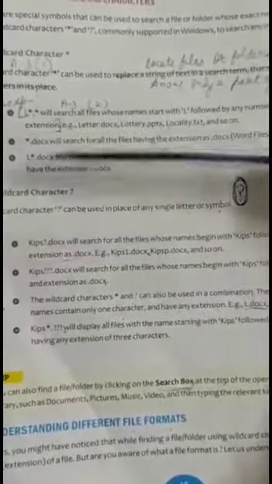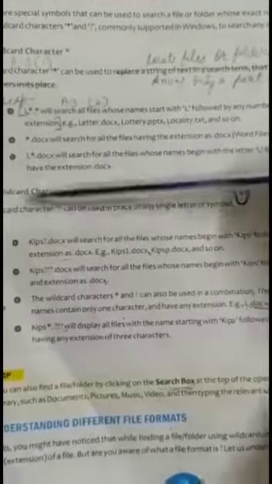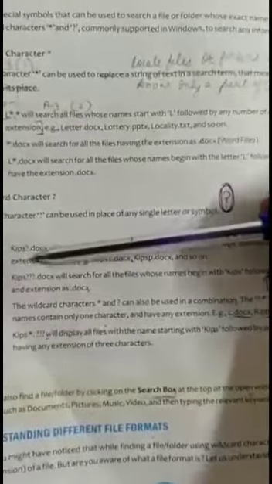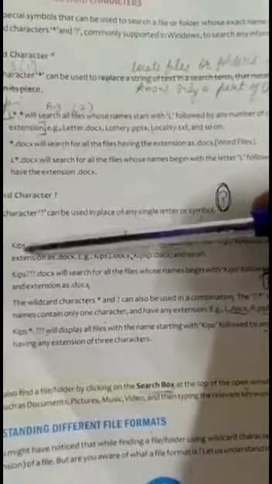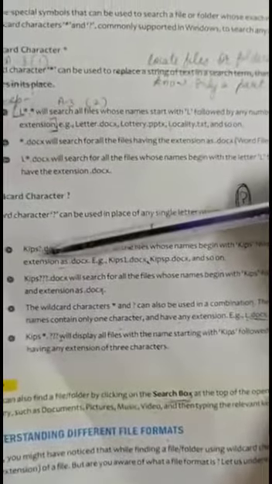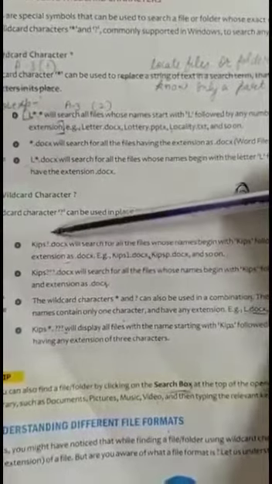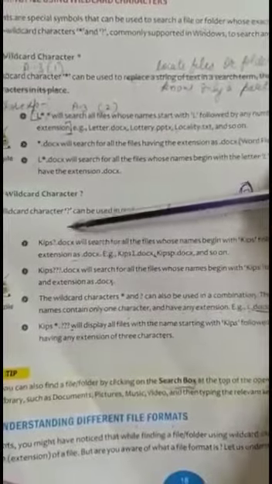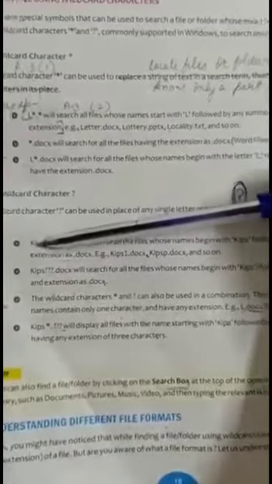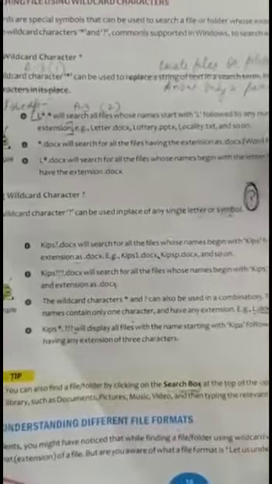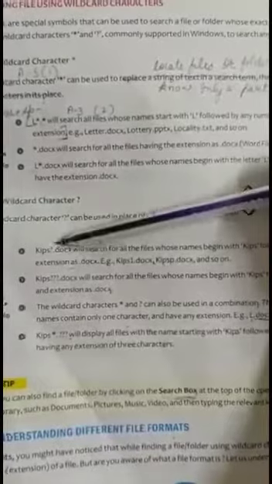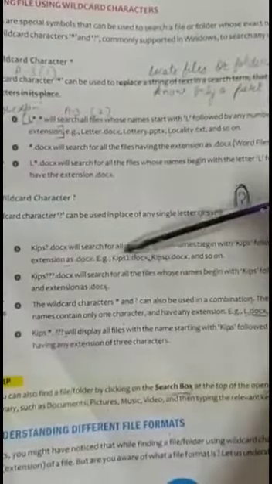.docx. So it will search the files whose name begins with kips followed by only one character because only one question mark is here and a single question mark matches a single character or a single letter, single symbol, and it has the extension .docx. Only word files are searched whose name starts with kips and followed by only a single character. Examples, kips single character, it is replaced with the single character, that is 1.